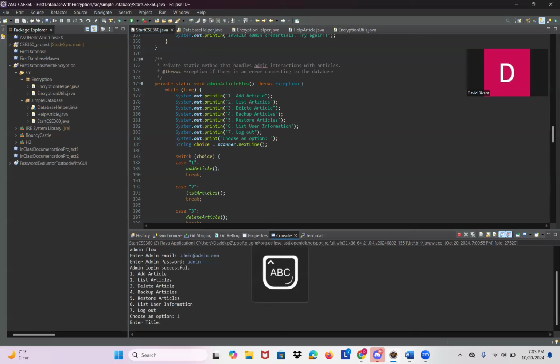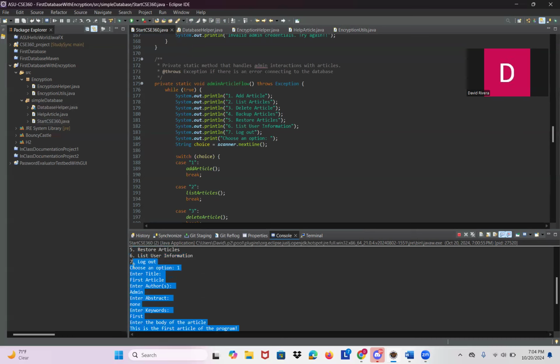Enter title. Say this is the first article. Author is the admin. Enter abstract. Just put none. Keywords: first. Body: this is the first article of the program. References: none. Here, article is added successfully, and it will have all this data for these parameters,